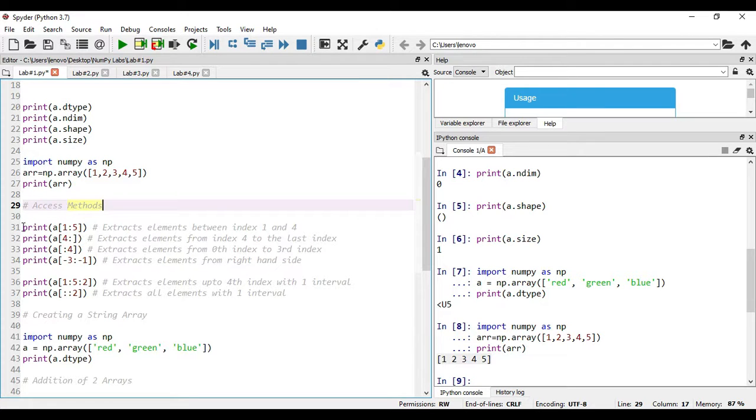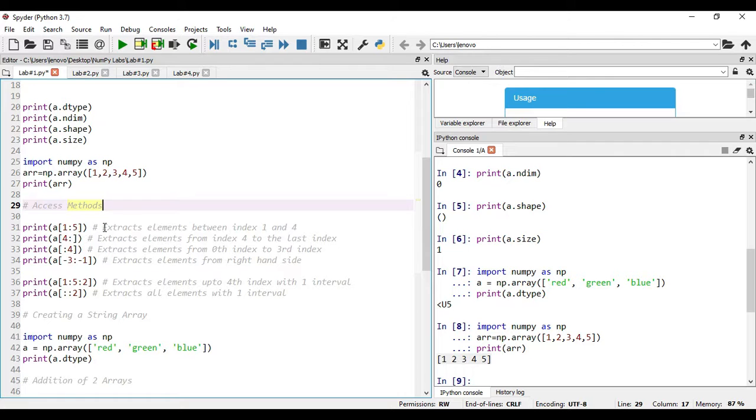Now in this case, let us try to understand. Print a of 1:5, right? This is also called slicing, right? Instead of extracting all the elements of the array, here we are only extracting some elements from the array. That concept is also called slicing. Now here what I am doing, I am asking to print the elements which are present between index 1 to 5.